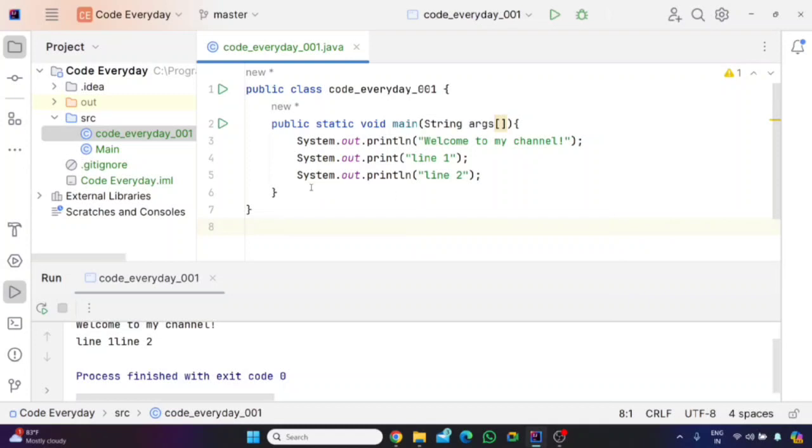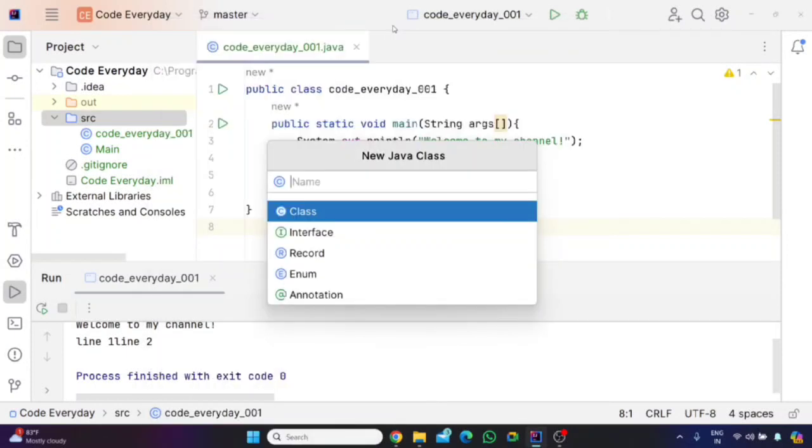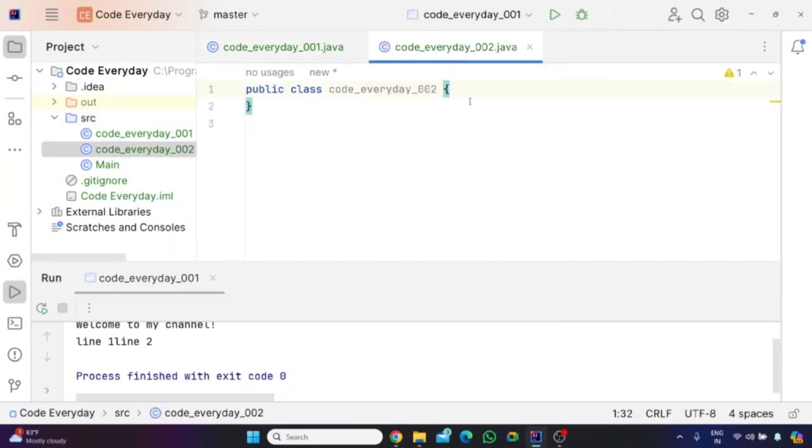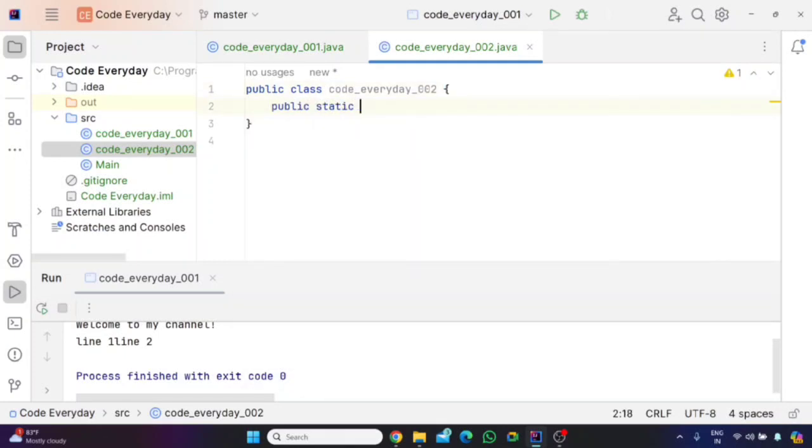So let us quickly create a class. We'll right click on this src folder, click on new and go to Java class. Name it as anything of your choice. Let me name it as code everyday 002 and let me write the main method. Public static void main, string args